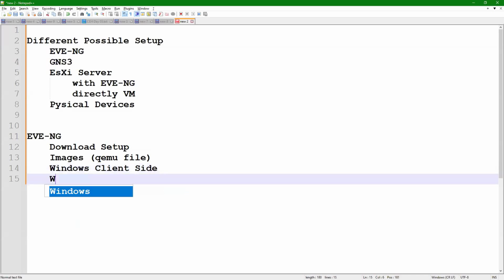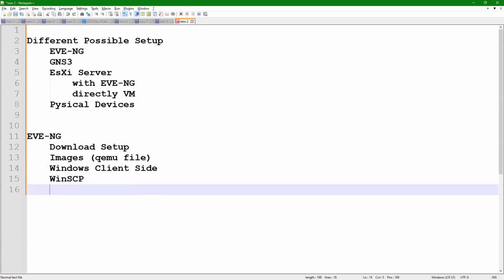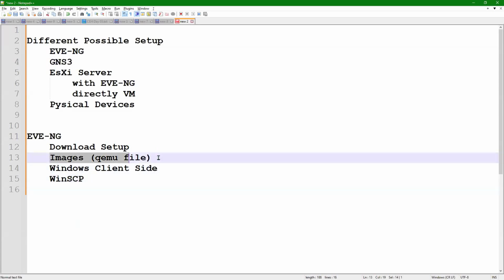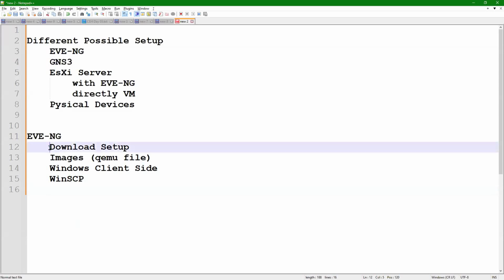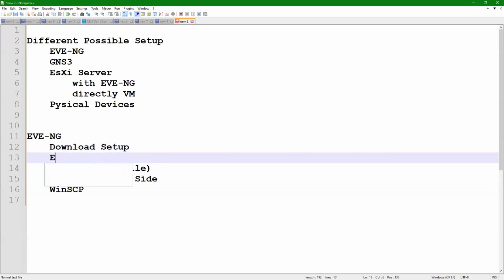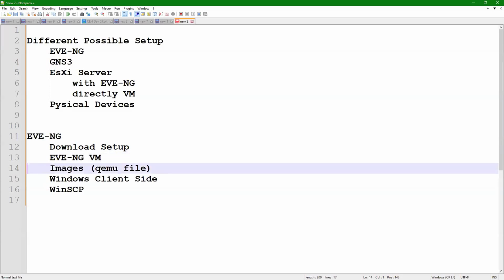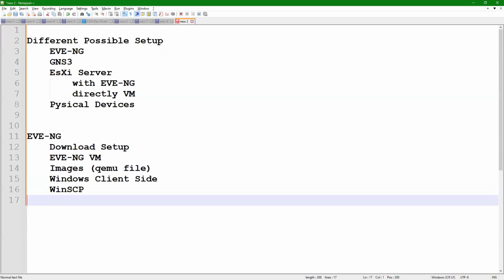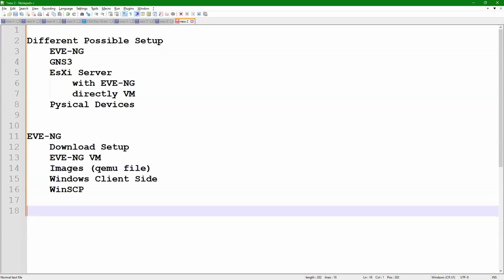And then you can also use WinSCP. For what? Whatever image you download, you need to upload it to the EVNG. Then you are able to perform practicals. These are the 5 things you need to focus on.